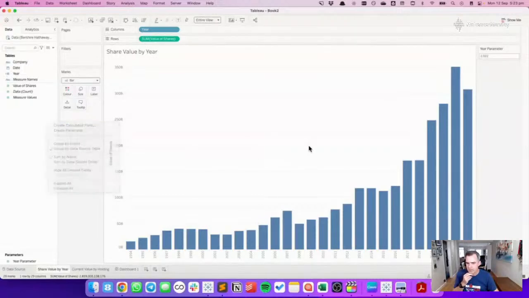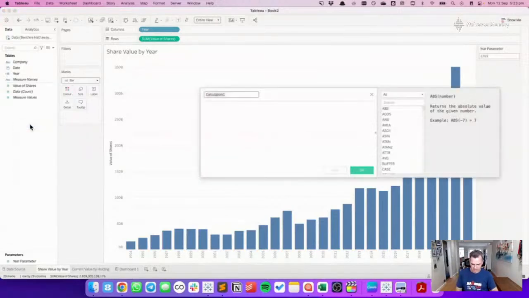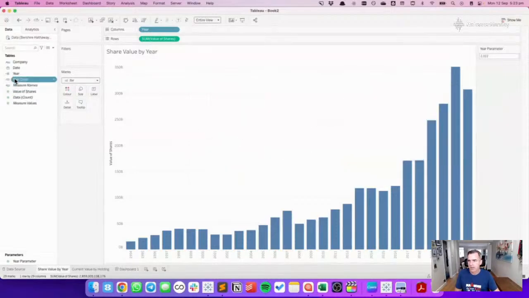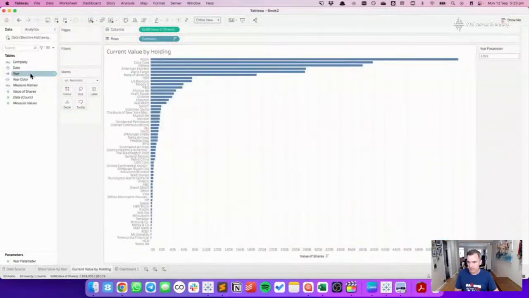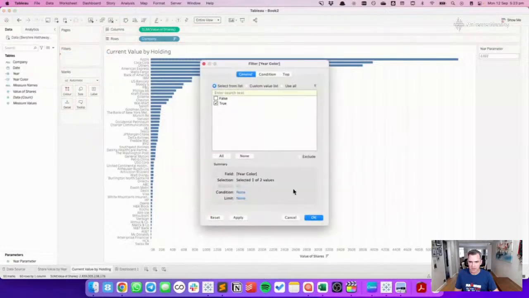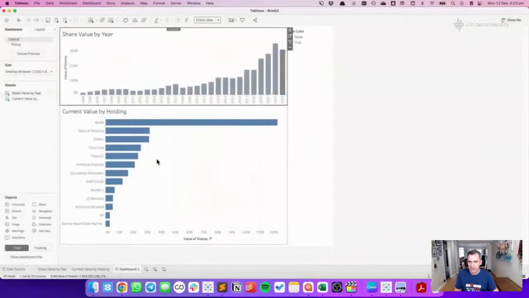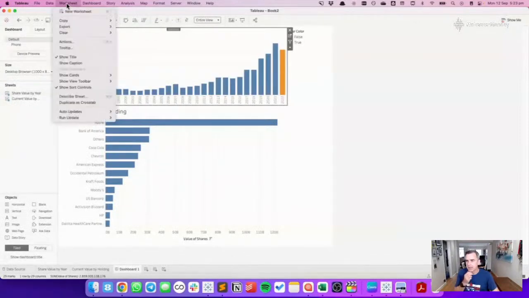Now I'm going to set this up so it colors the year like it did with the set. So let's call this field selected year. I'm going to say year is equal to year parameter. Okay, and if I drag that onto color, you'll see that bar gets highlighted. Now I can put this onto the filter, and now it should work. So if I could, oh no, okay. I need to now change my